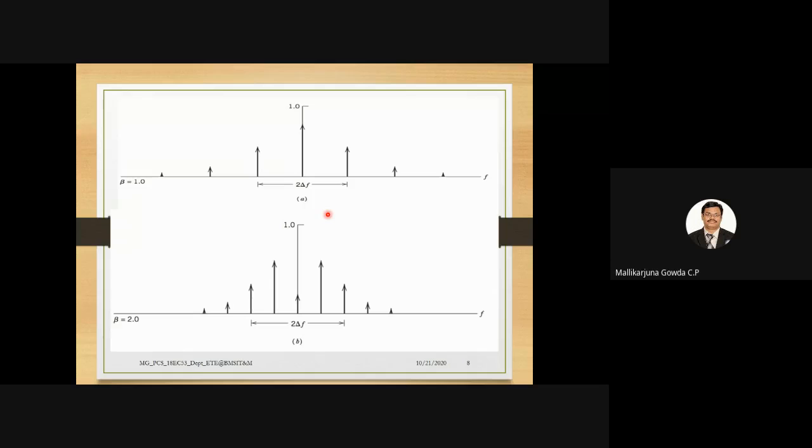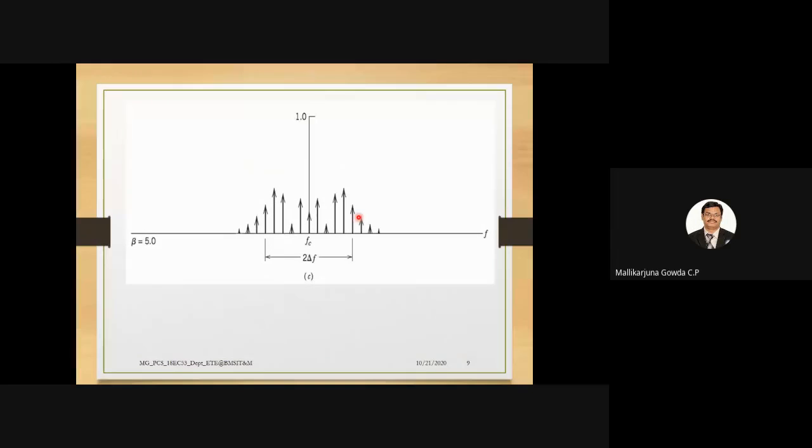So able to see the difference, the spacing between the side bands from the carrier frequency is increased, right? Because I'm varying the value of fm. Okay. Right? So then